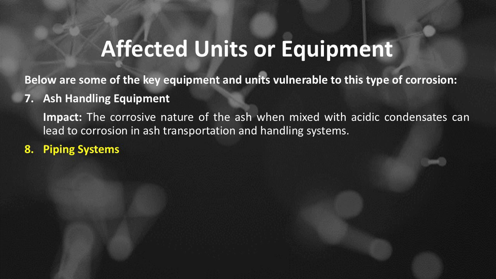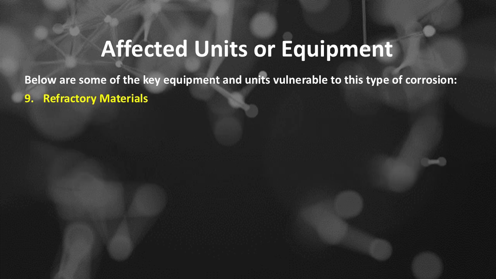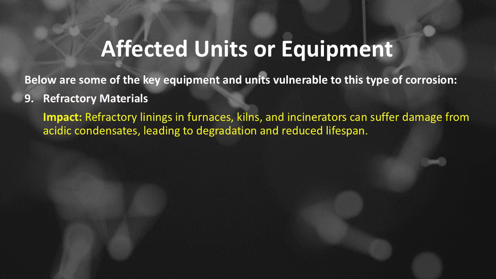Number 8 is piping systems. Piping systems impact: pipes that transport flue gases, especially in areas where temperatures drop below the dew point, are at high risk for corrosion due to condensate formation. Number 9 is refractory materials. Refractory materials impact: refractory linings in furnaces, kilns, and incinerators can suffer damage from acidic condensates, leading to degradation and